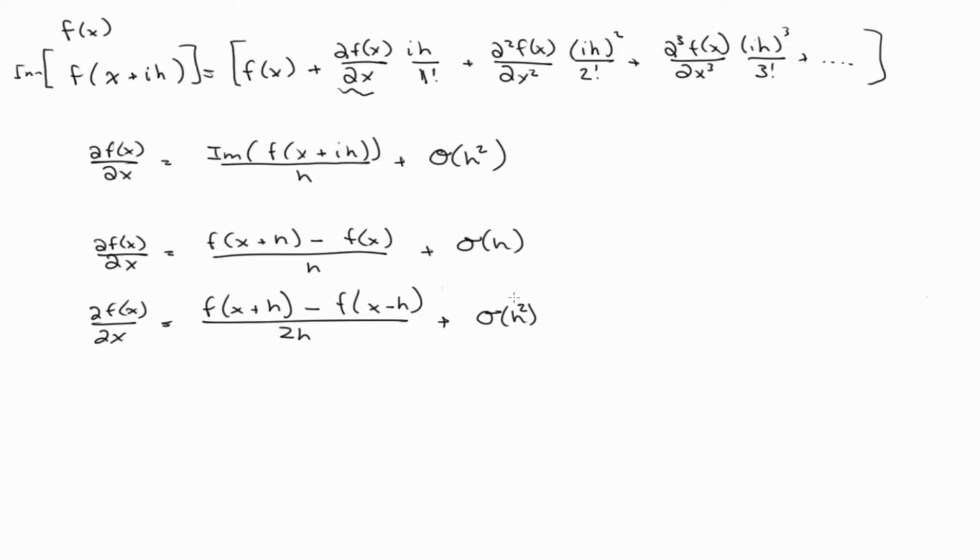So if you compare to forward difference, it's more accurate. Forward difference has only an error of order h. Okay, so